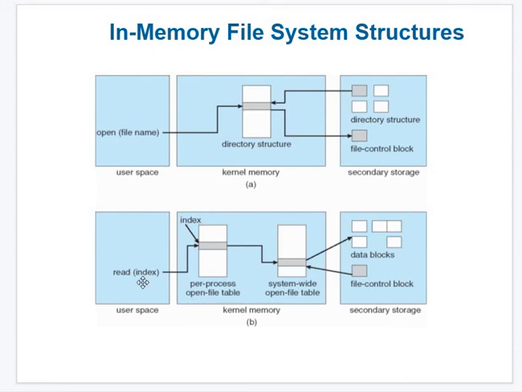Now, how does read work? What is the difference between open and read? Open means simply opening a file; read means getting content from the file. Whenever we want to get content from a file, we should know whether we want to collect all the data of that file, or only part of the data, and whether that part is at the beginning, at the end, or somewhere in the middle. That is called the index.